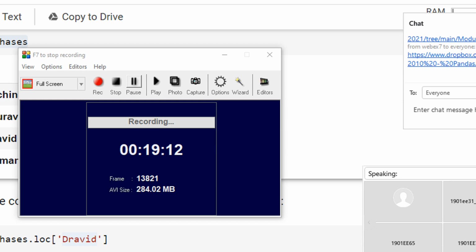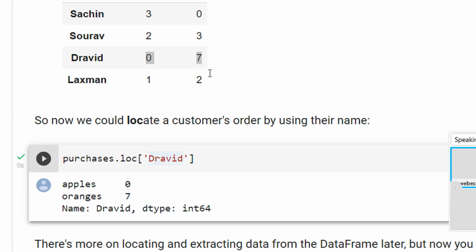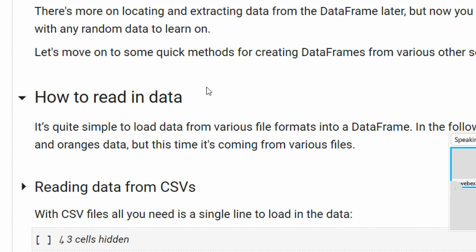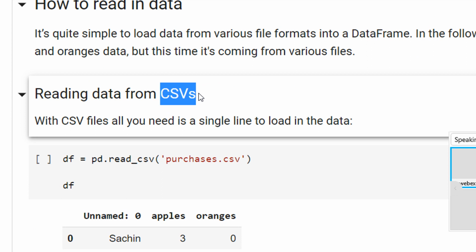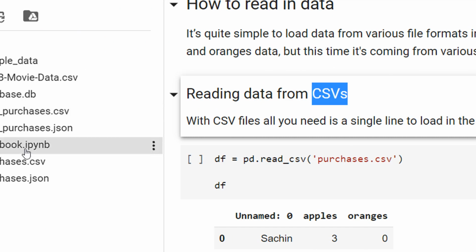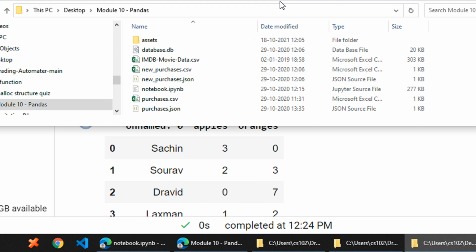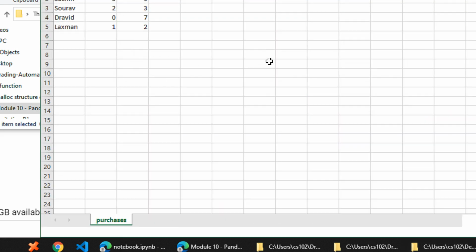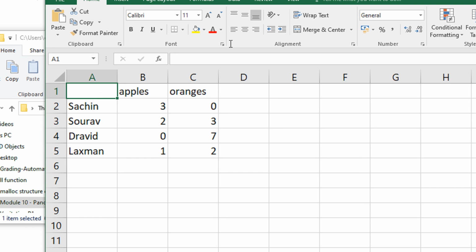Okay class, so we are back, right? So this is how you access data using a data frame. And now how do you read data, right? So for example, how do you read from a CSV file? So it's very easy in Python, using pandas. So first let me show you offline how the purchases.csv actually looks like, right? So you can just see purchases.csv. It's the same file that we are talking about, right? See, it's the same CSV file.